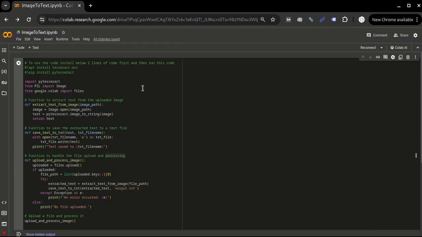In the video description, I have provided this link and I have provided view access to this particular file. This is a Google Colab file where you can go and create a copy of this file. After following the steps which I am going to show you, you will be able to convert the image into